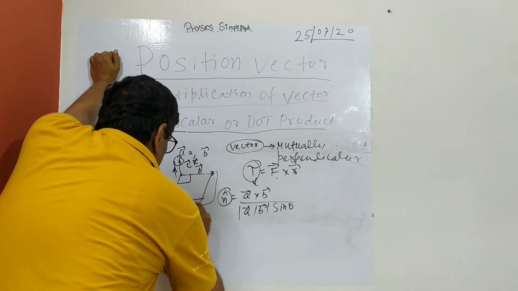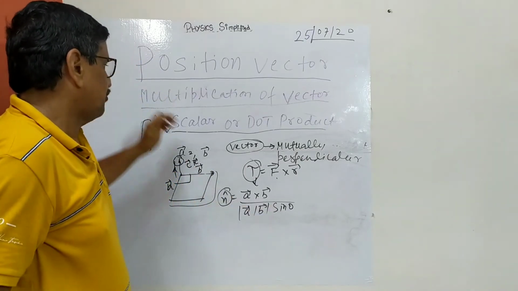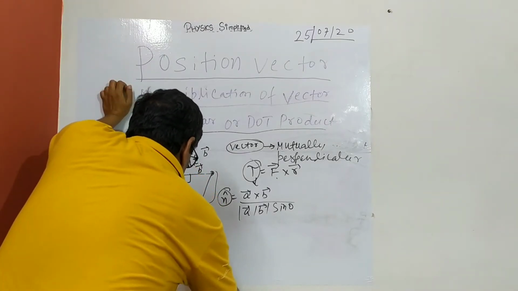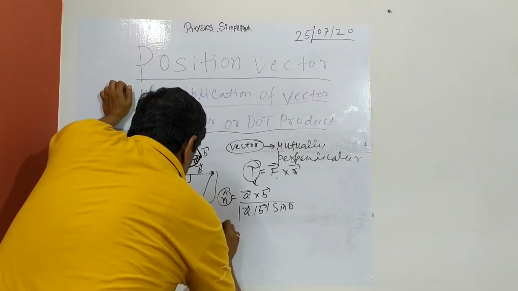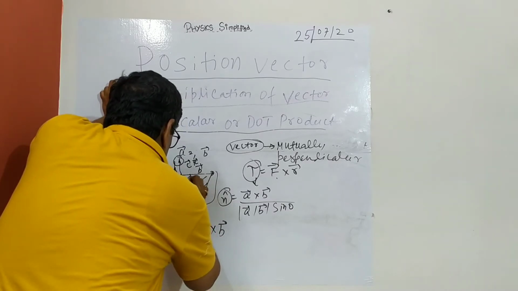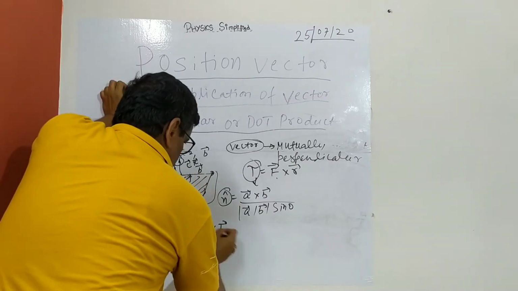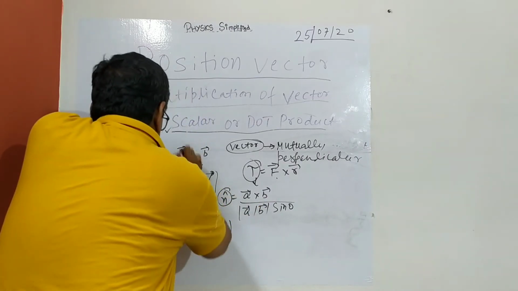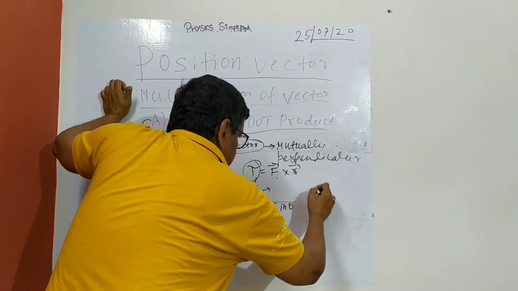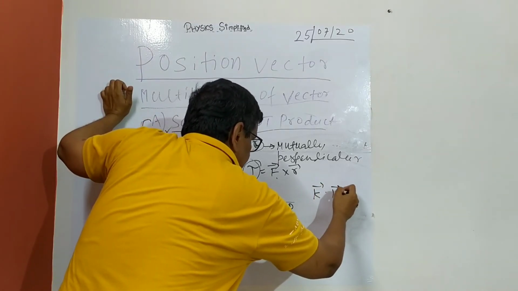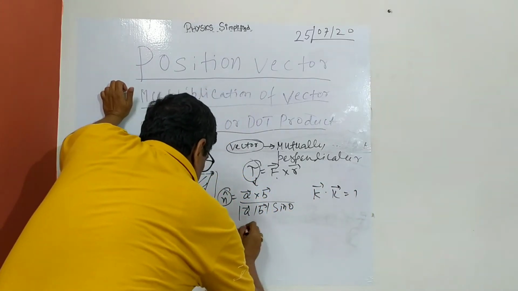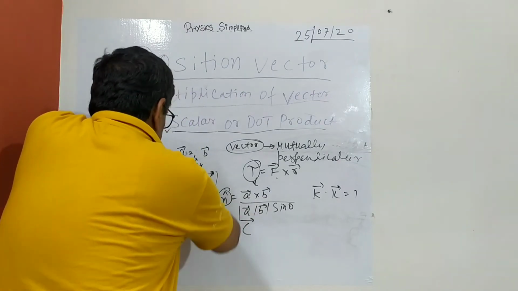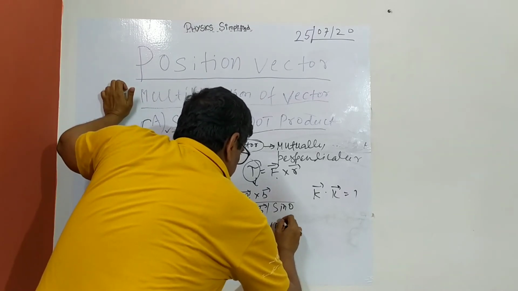So in that case, what will be the volume? If there is a problem to find the volume of a parallelepiped, what will that be? That will be A cross B, which is the area of the parallelogram, this side area. You get the cross product as per those directions, and since this direction is along k, again we have shown k dot k equal to 1. So A cross B dot C, if the vector is along k, this is the volume of the parallelepiped.